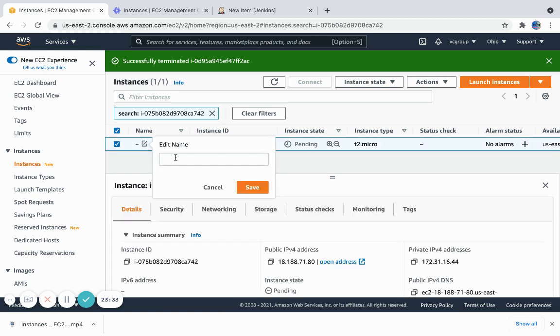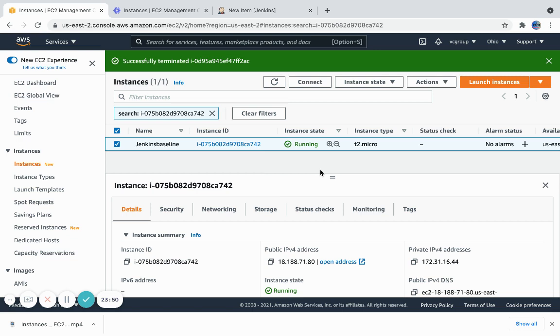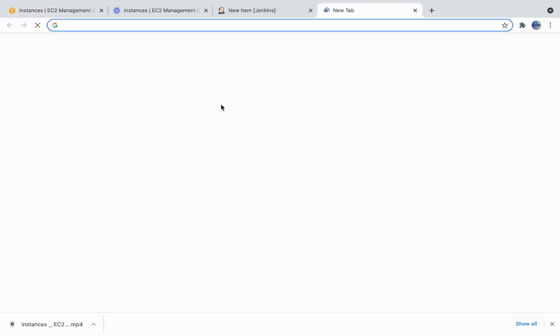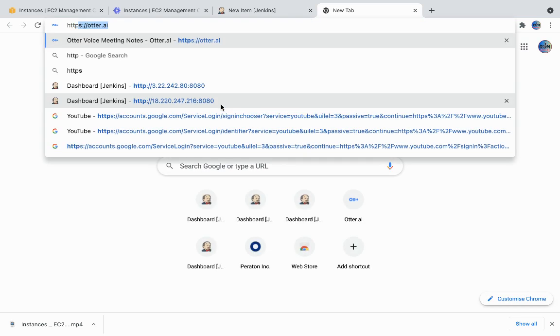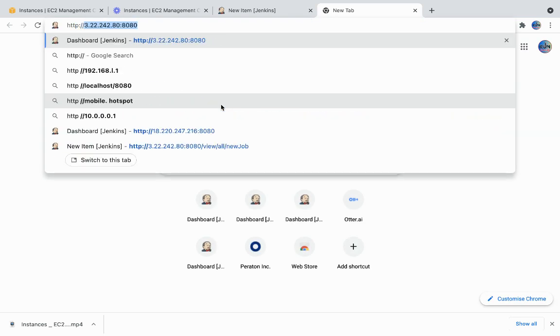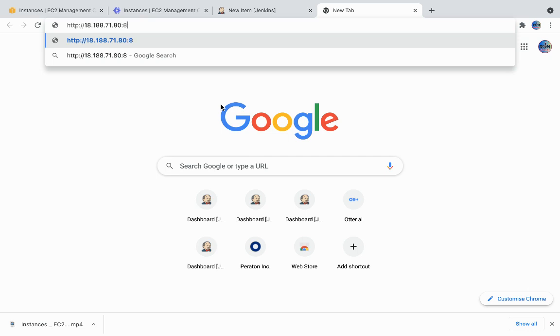I can add a small name tag: Jenkins baseline. It's just a name. Then let's grab this public IP and go to http, colon, public IP,